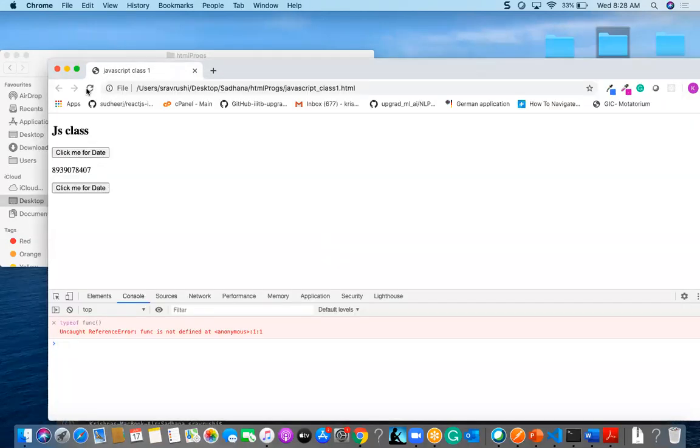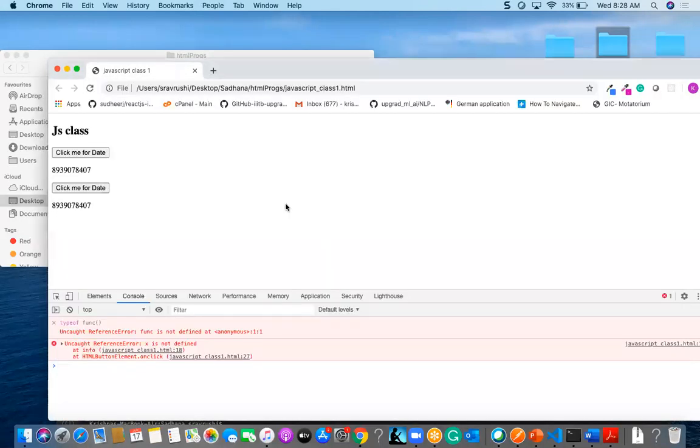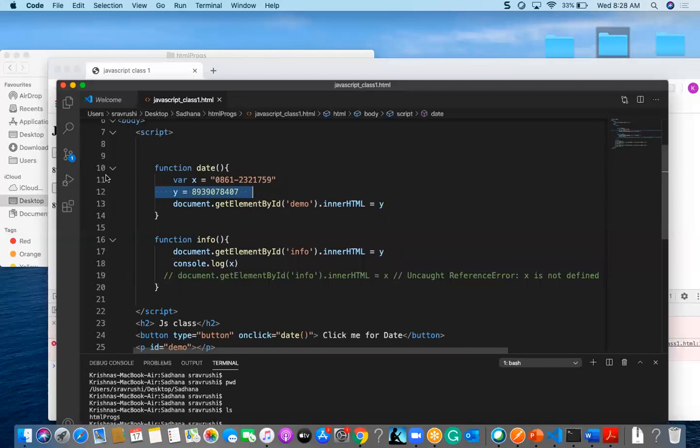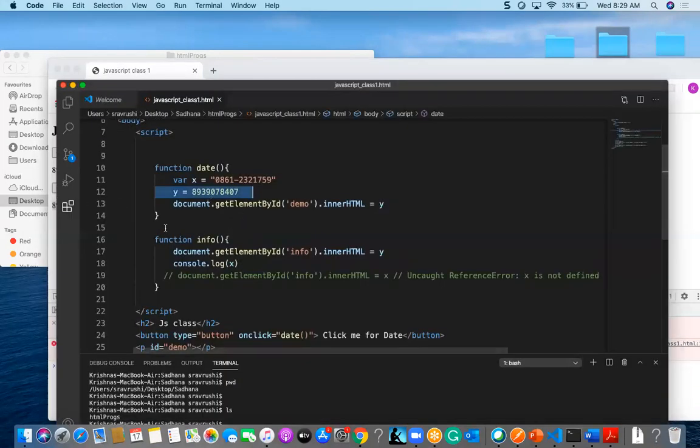Okay, so now if I see, the value is applicable for both of the things, because if we declare any variable without var, that will be treated as a global parameter, and it is accessed by other functions also.